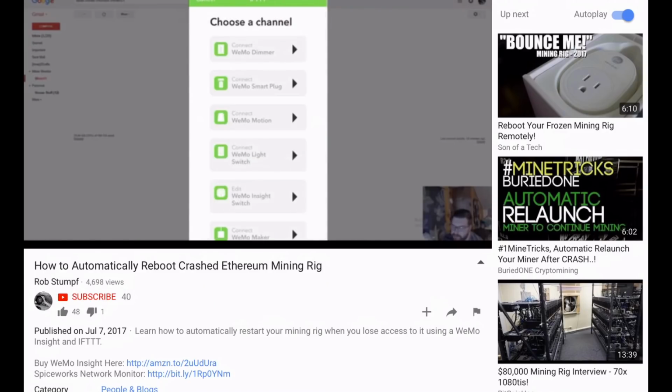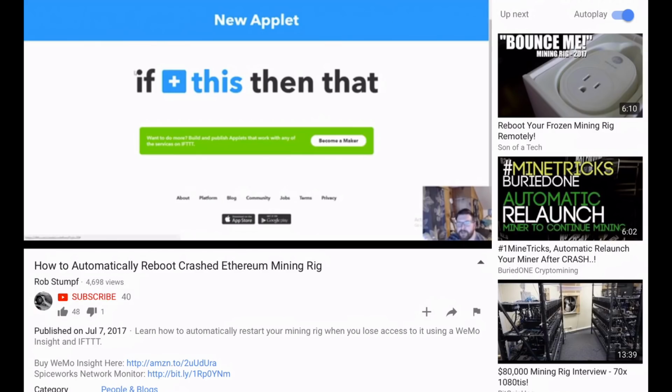And I also use the IFTTT program to send myself a text message, and I can tell the Wemo, whatever plug, to turn off and on remotely. My goal is to get this son of a gun into the basement where I can